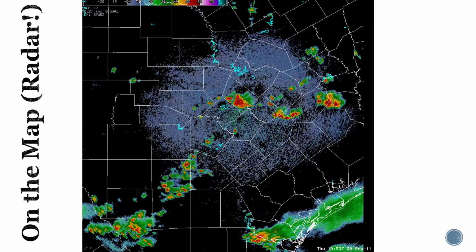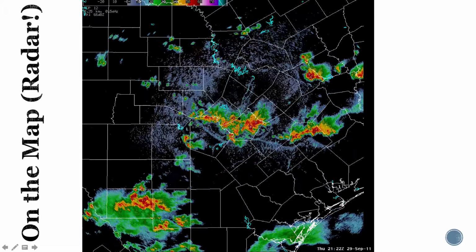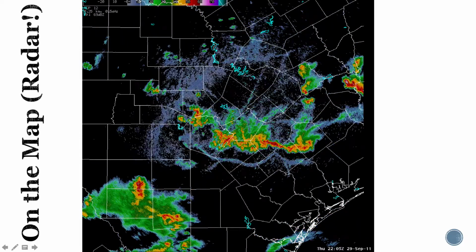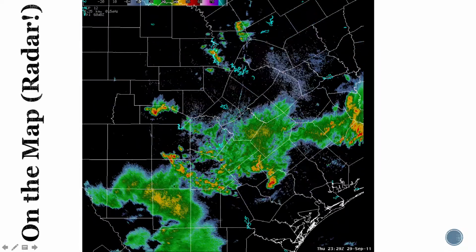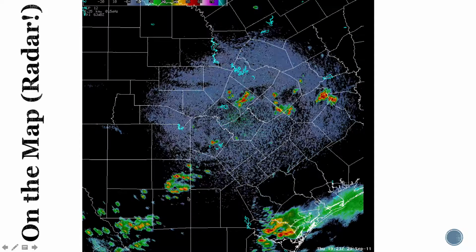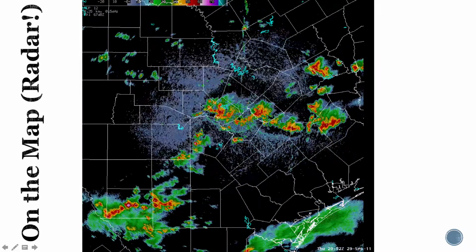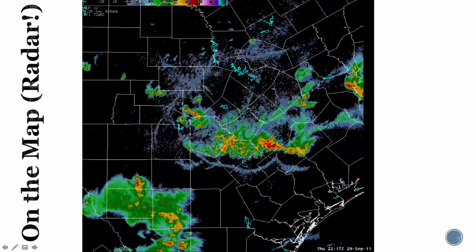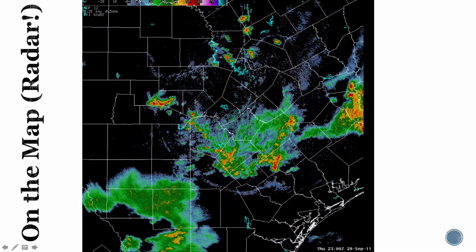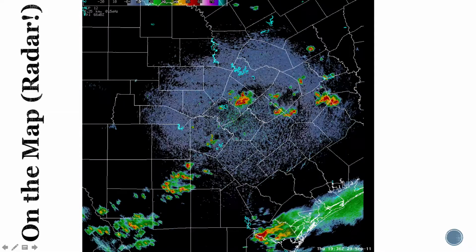So here's an example from Central Texas of what they look like on radar. These are those run-of-the-mill thunderstorms. If you notice, there's a lot of reds, a lot of yellows, and as this thin line, where the colder air, where the exhaust is, gets pushed out ahead of the storms, they weaken. So these are those ones that are only going to last about an hour or two, where they strengthen to the mature stage and then begin to weaken as that fuel source gets cut off